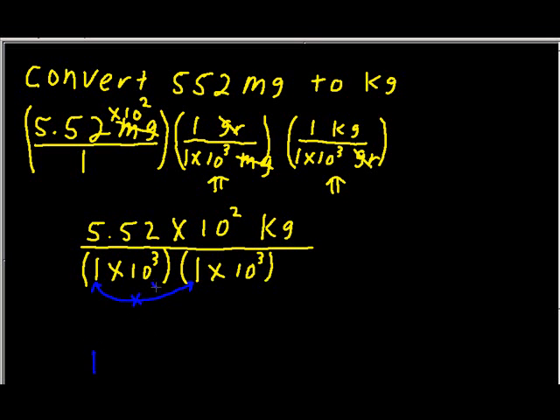When you multiply these here, you add exponents. So it's 1 times 10 to the 6th. So we multiply here, you add here. And that's under